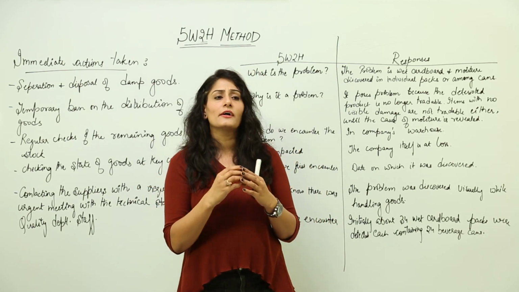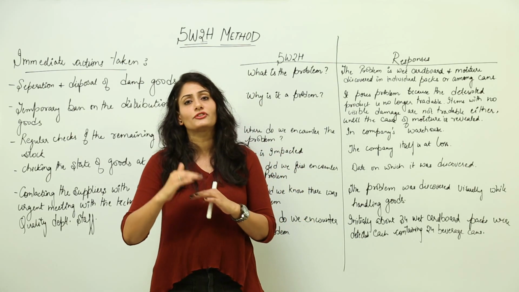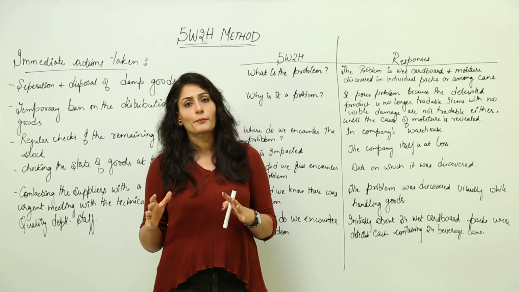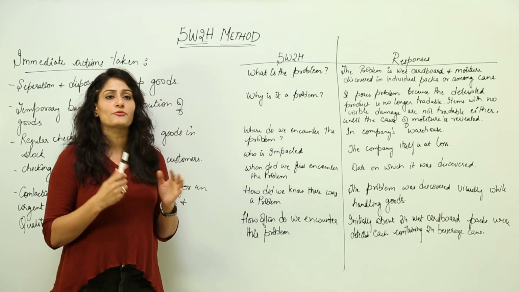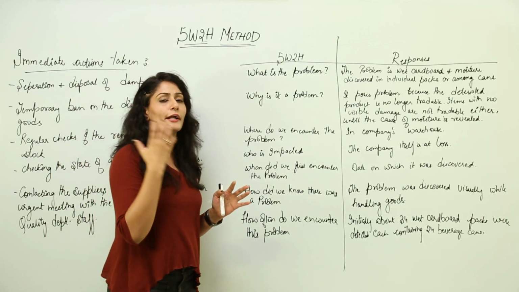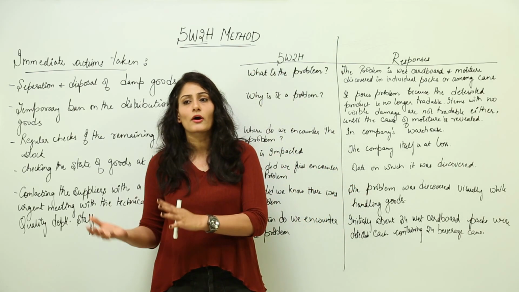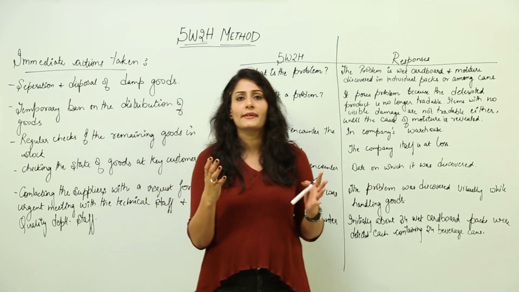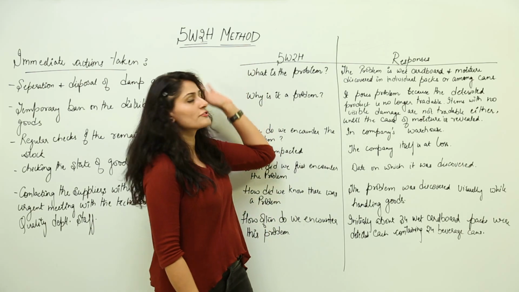So this is how we use all these methods to find out how we can reach the root causes of the problem. Here they used the 5W2H method just to go for an introductory analysis, but in small processes where only one organization or one department is handling, they can figure out the root causes using just this simple method.